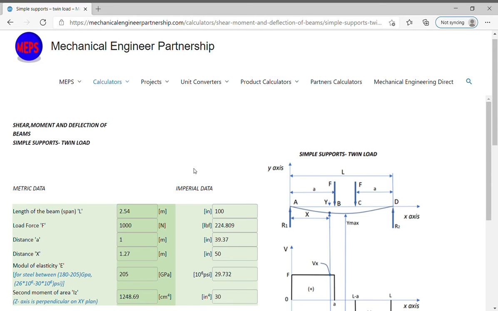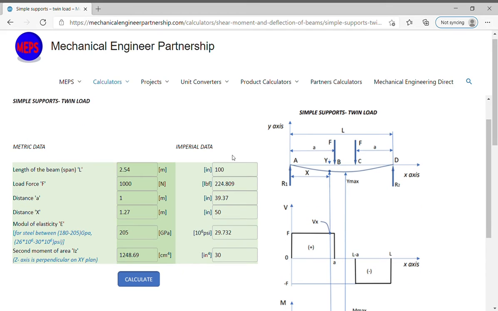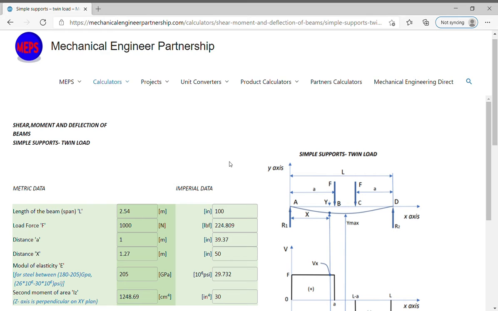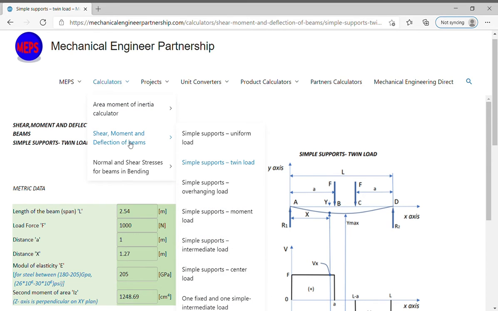Hello. In this video we will introduce you to how to use the simple supports twin load, shear moment, and deflection of beams calculator on the Mechanical Engineer Partnership website. In the menu bar choose calculators and then choose shear moment and deflection of beams, and then choose simple supports